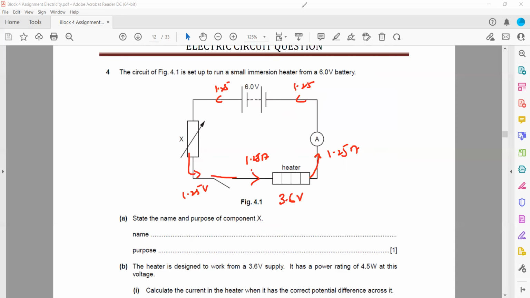Whenever two components are connected in series, the voltage will divide. If the total is 6 volts, and 3.6 is dropped here, so 6 minus 3.6, how much voltage will be there across this component? It will be 2.4. So 2.4 volts will be there, because the voltage divides in series and the current is the same. So the current is 1.25 and the voltage is 2.4,